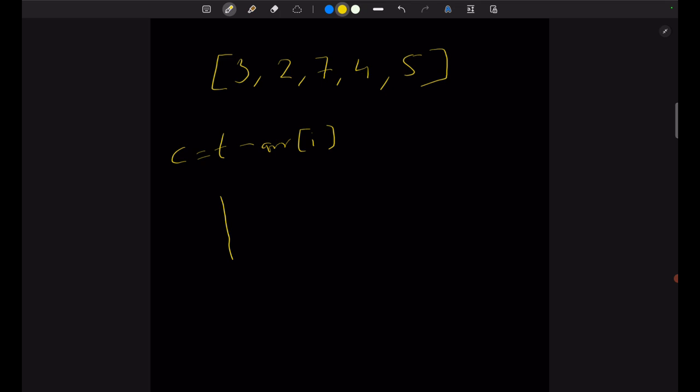So now let's start with another fresh example. Maybe this time let's say 3 2 7 4 5. What I will do is use a complement formula, that is target minus arr of i. Now what I'm saying is let's have a hash map, and I'll store some values in the hash map, basically values of these. Because this is not sorted, and the values range